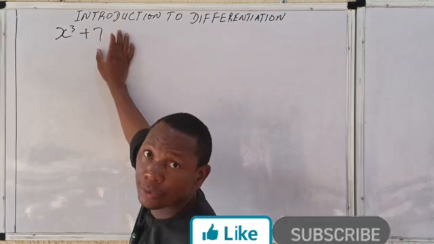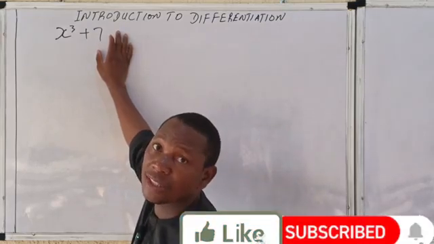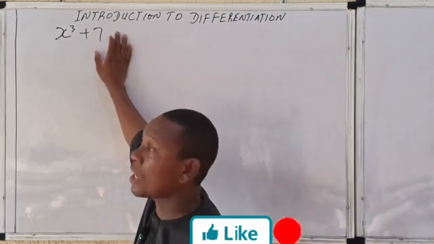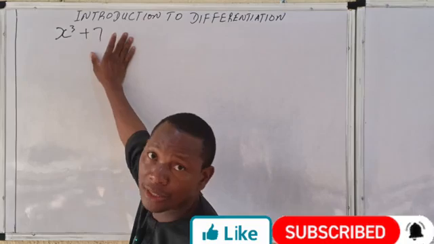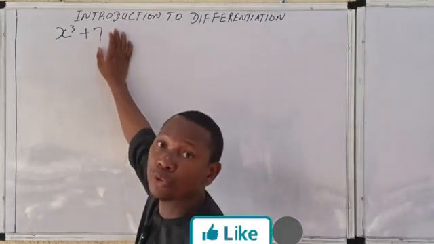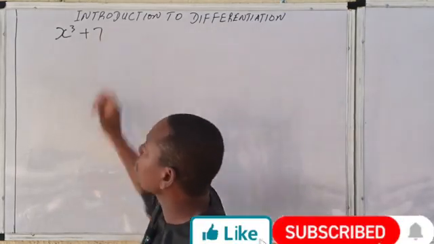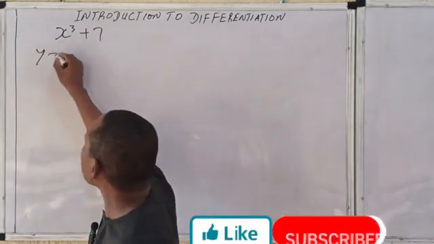we have the constant rule. And the constant rule simply states that if you differentiate a constant, the answer is 0. So this is a constant. Any value without an x is what? A constant. So if you differentiate any value, even if it's 100, 1000, what you get is 0. So if you are asked, if y is equal to 7,